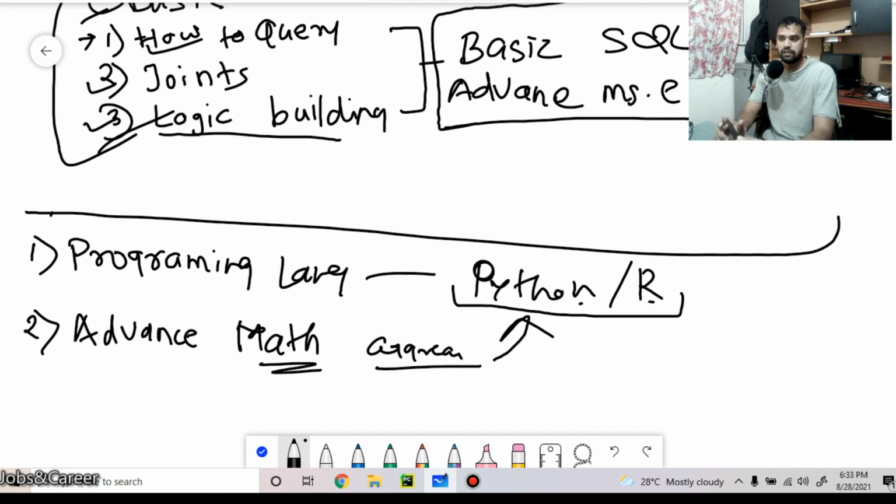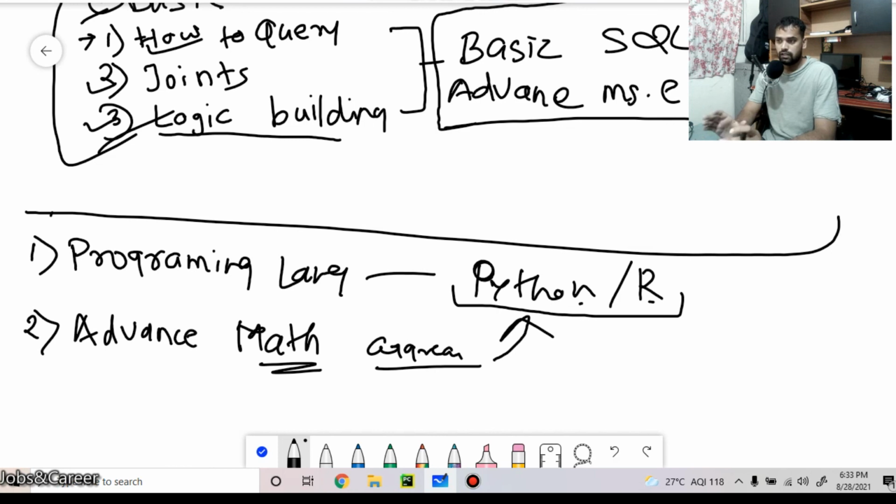So this is scripting. Once you gain enough knowledge, you can automate your data analytics job. Whatever small task there is, you can automate it with the help of Python or R.